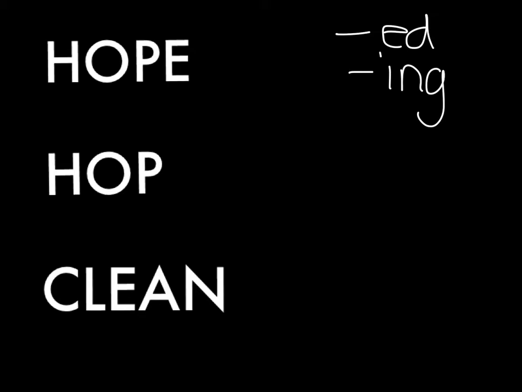But first I want us to look at the word hope. And if we wanted to make hope turn into hoping, like I'm hoping that I will have cake for dessert, hoping. So if I need to change hope into hoping, what do I need to do there? If you are thinking that we take off the E, you are correct. So if I want to make hope hoping, it is now H-O-P-I-N-G,